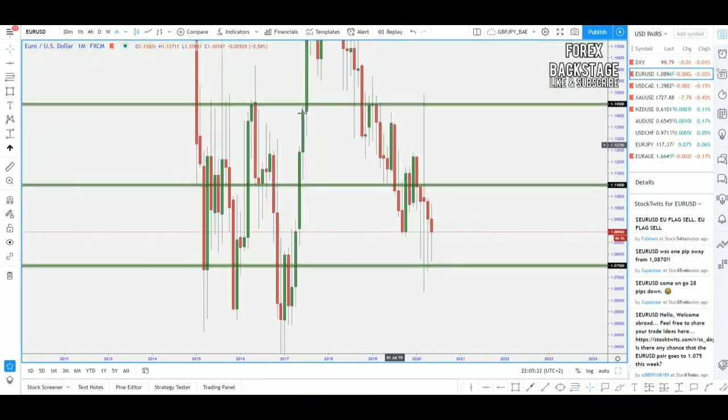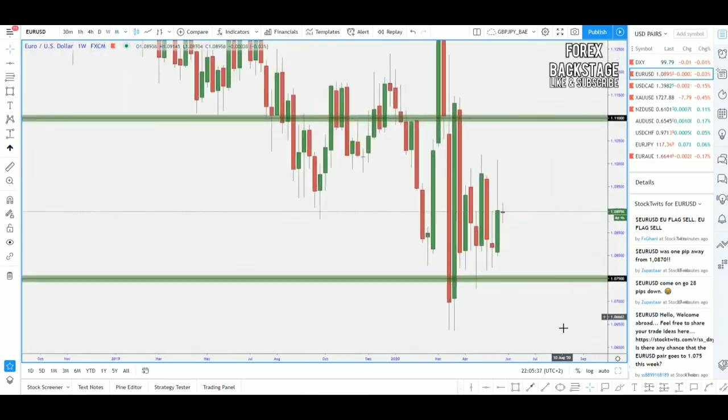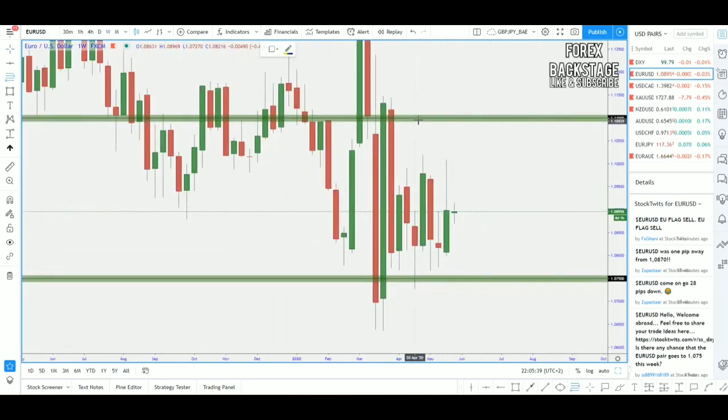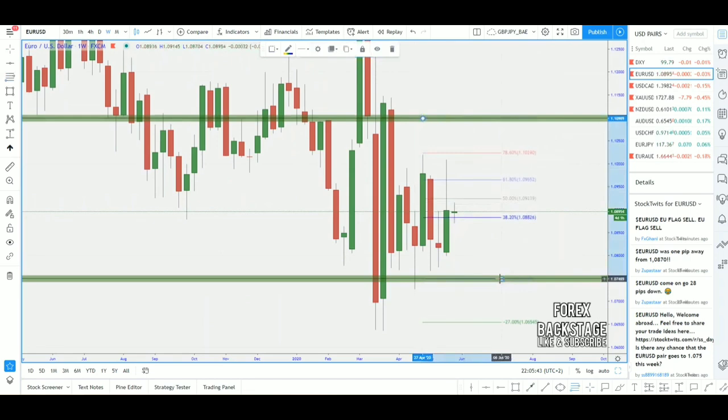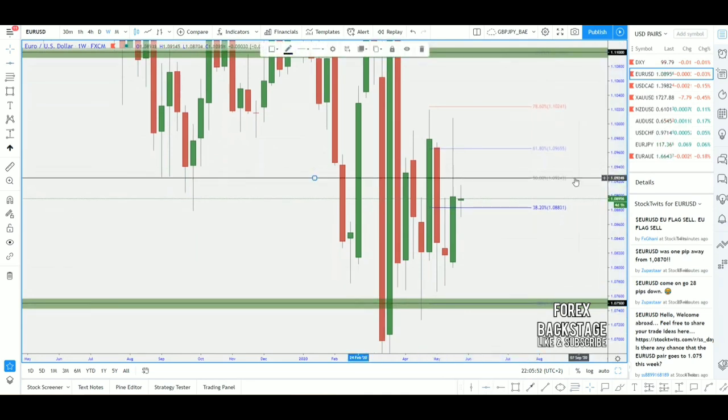From there, go down to the weekly time frame. On the weekly, obviously use your fib tool, so resistance to support. So monthly resistance to monthly support. Important to note: monthly resistance to monthly support, and then from there, draw a line in the middle, put it there on the 50. So that is